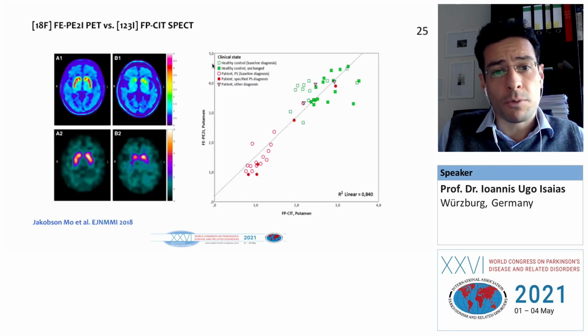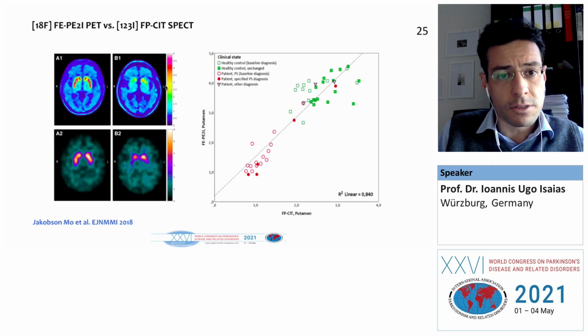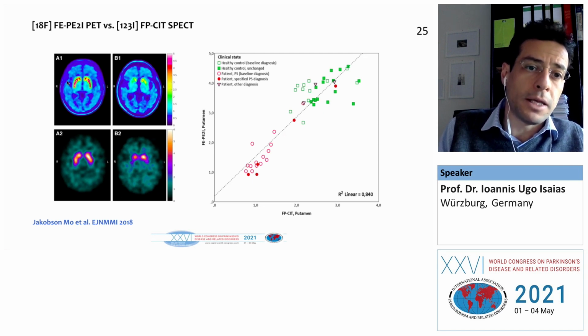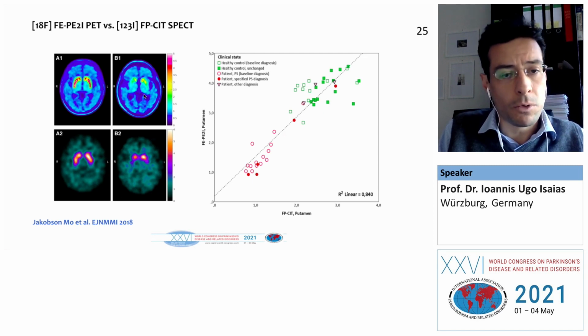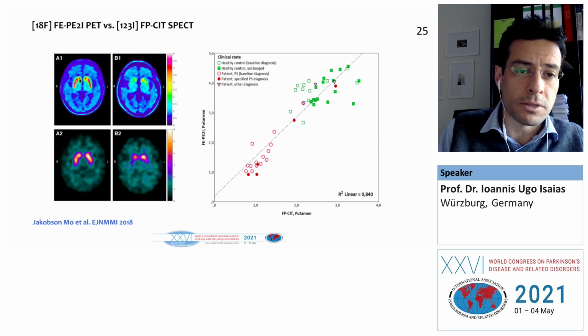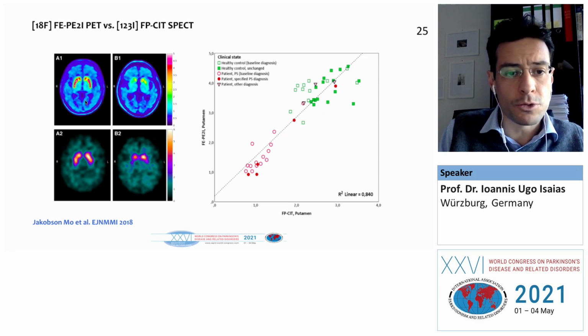What comes next from research, and this has been intense research of the group of Halldin, Karolinska Institute, is having available PET ligands targeting the DAT. And this is one of the most recently developed, which is called PE2I. And here you can clearly compare the two images. The PET images are much more defined. You can clearly distinguish the caudate head from the putamen in these two patients.